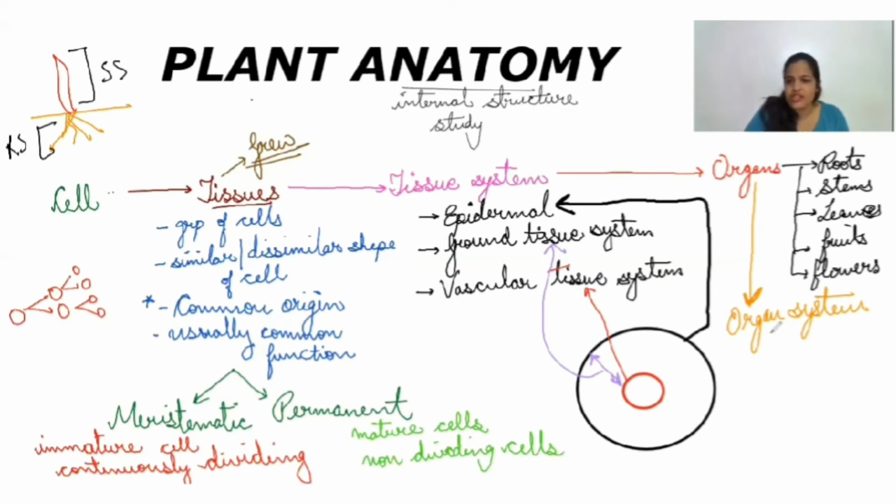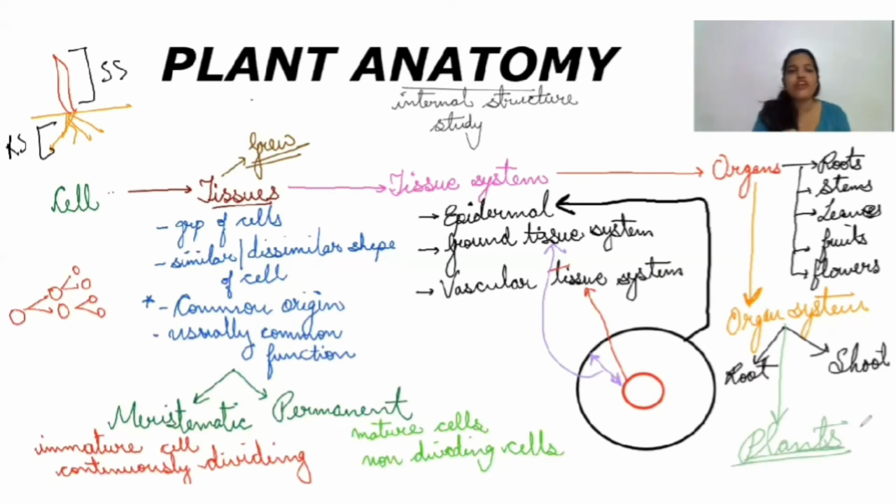So organ systems are two. One is root, another one is shoot, the complete aerial part. Exceptions, the aerial roots are the exceptions, but the normal aerial parts are the shoot organ system or shoot system. Now, this organ system will finally form the next level, that is the plant. So organ systems are going to form the organism. Here we are talking about the plants. So I'm going to write plants directly. But in general, remember the level of organizations in plants and animals are same.